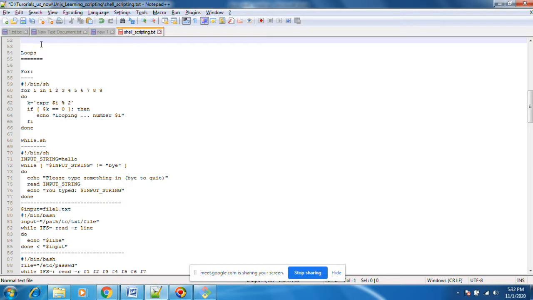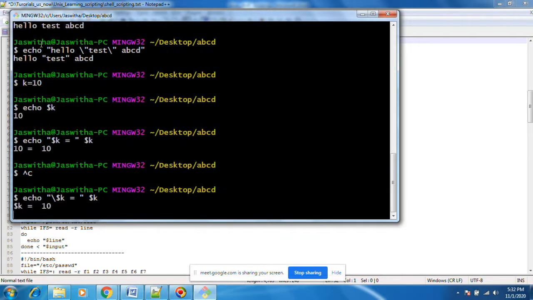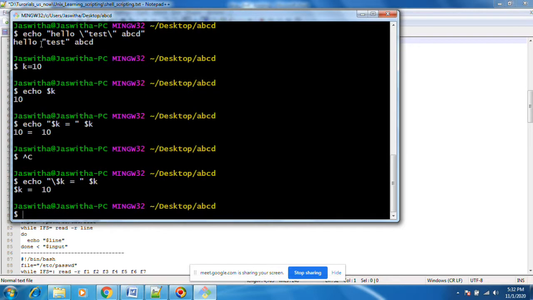Then we need to use an escape character. This $K. You see, $K equals to 10. Okay. I kept that escape character for double quotes, and an escape character for this dollar. We can put an escape character for anything. This dollar is specific for reading variables, and this double quote is for echoing strings. If we want to print those kinds of characters, you need to put an escape character.